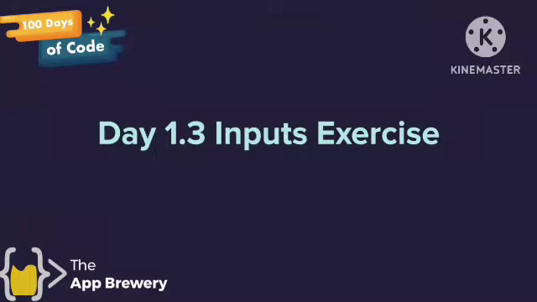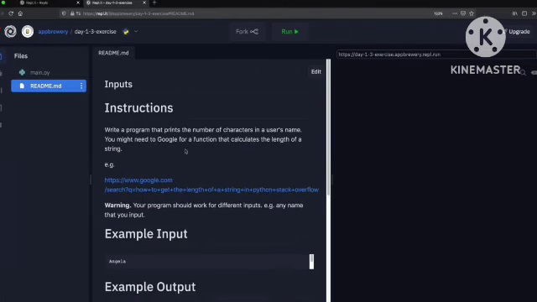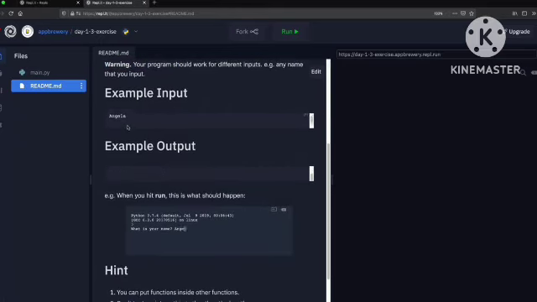All right, so again, it's time to put theory into practice and get some hands-on action. You should be able to find the day 1.3 assignment, which is inputs. Click on it and you will see the instructions for this particular challenge. And the idea is that you're going to write a program that's going to print the number of characters in